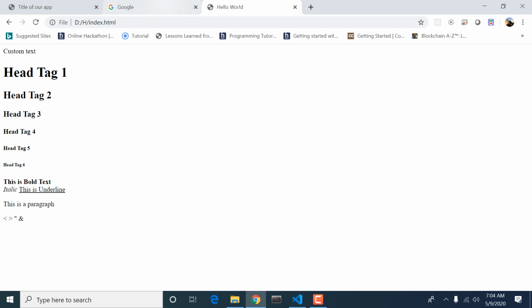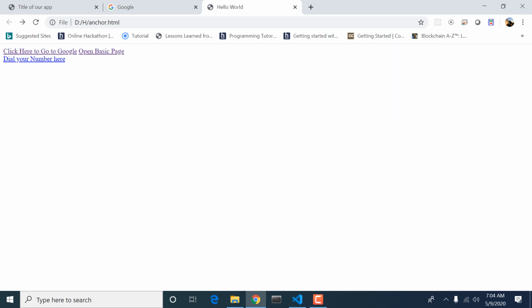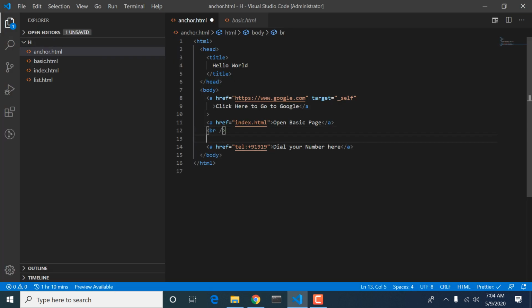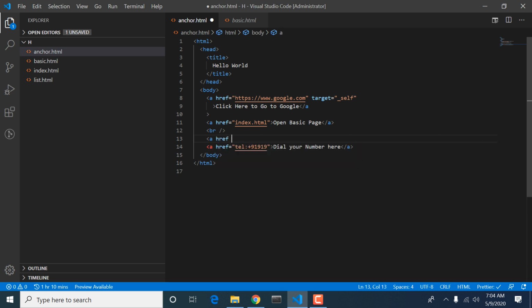So if I click this, my browser will ask me to call. Okay, so these are also applications. Also, we have an application of mail. If I want to send some mail to someone, okay, so write someone@gmail.com.